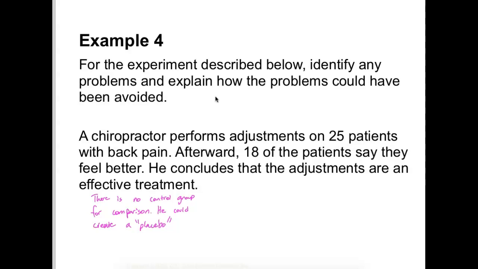But a lot of people like stuff like this, right? There's a sunk cost bias where it's like, well, I'm paying you a bunch of money to have this done. I went and had it done, so yeah, I'm going to say I feel better. You kind of want to feel better because you're doing this thing. Do you know what I mean? So there's a little bit of bias introduced that way. He would need to create a control group where he brought them in, had them spend the money, but didn't actually do adjustments on them. And then when they left, ask how many of them feel better. So that's the issue with that one. There's no control group.